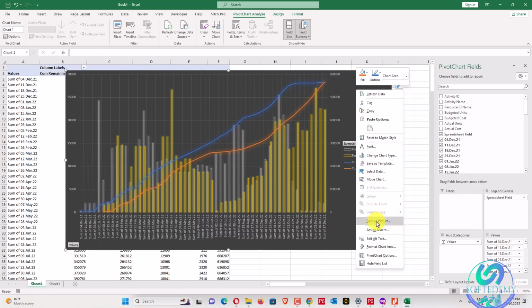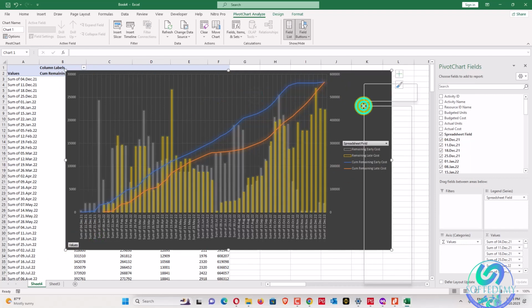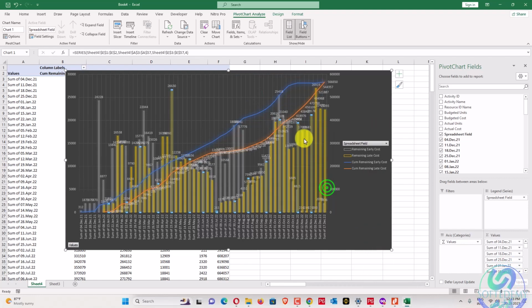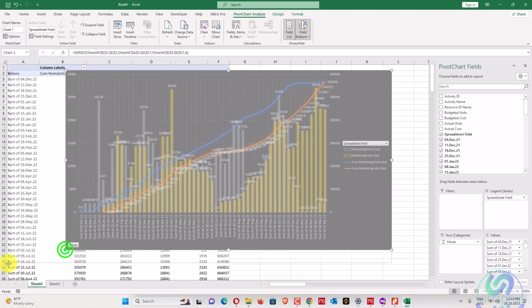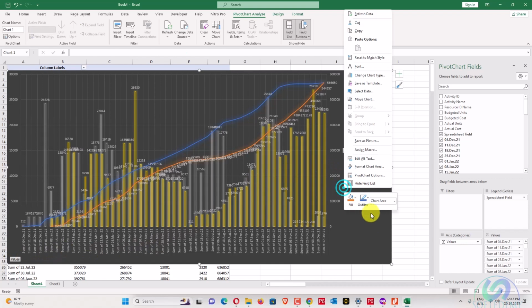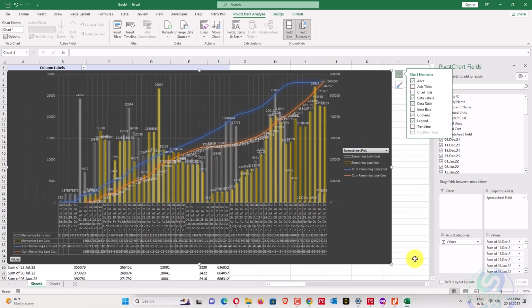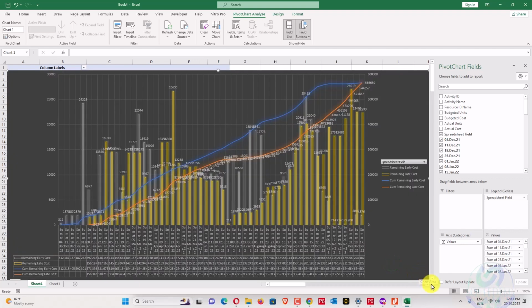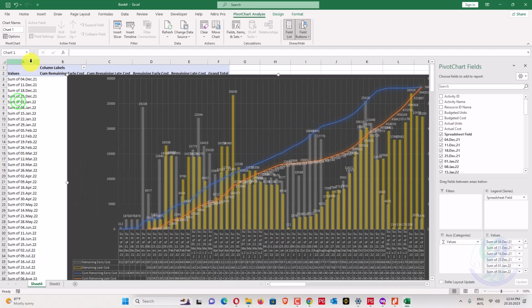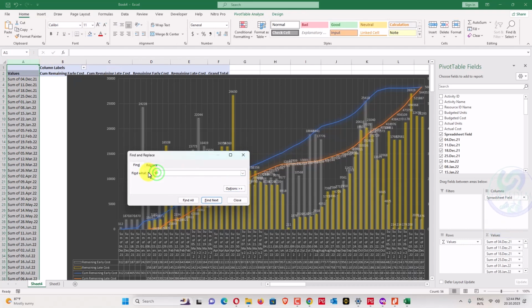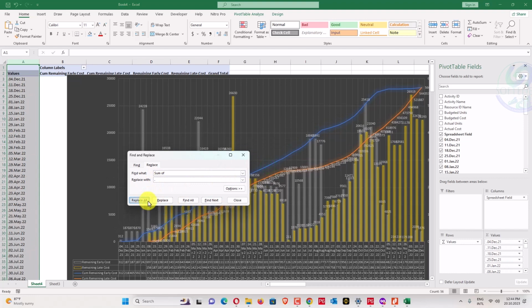And now we can add, if we need values here, we can type add data labels. You can see labels have been added. If you want to add a data table, it can be shown below. You can also see here this is summarized as sum of written. You can find out the sum of, space, and replace with dot, replace all, and the dates will be confirmed, right?